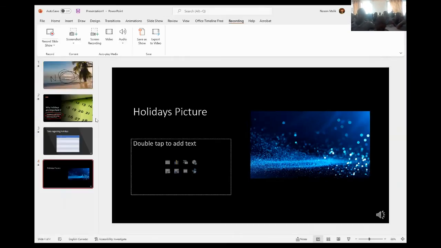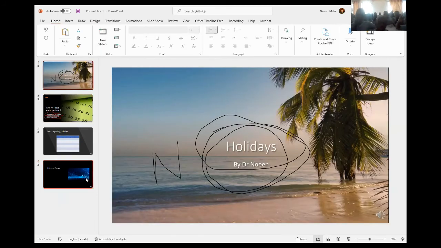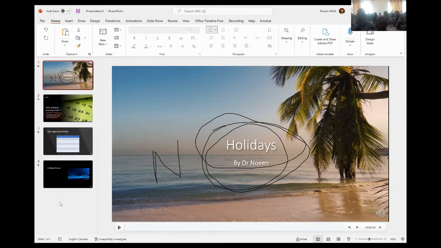Okay, so I have a question now. If I want to record a video, where should I go on the top ribbon? Can you please unmute yourself or type in the chat box?